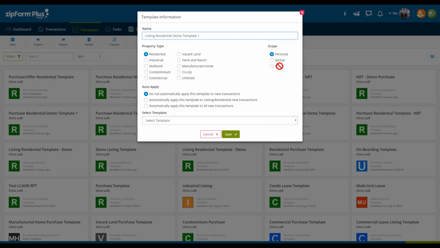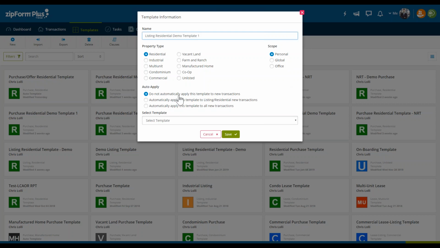Okay, so that's the 2 differences between Global and Office. But by default, you always have access to this personal. Because the idea here with templates is to make yourself have access to that time-saving capability, right?